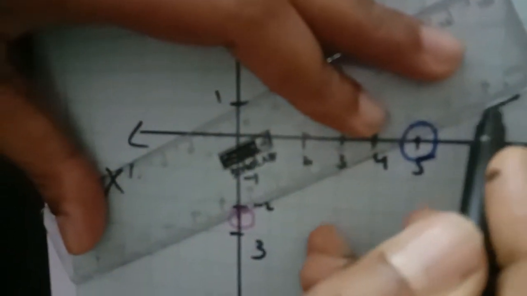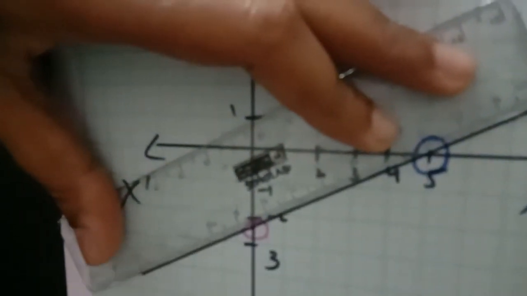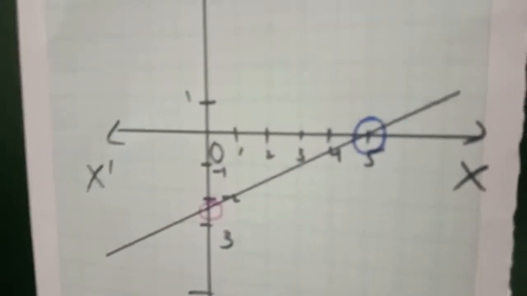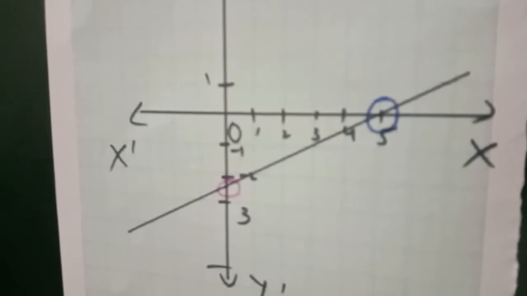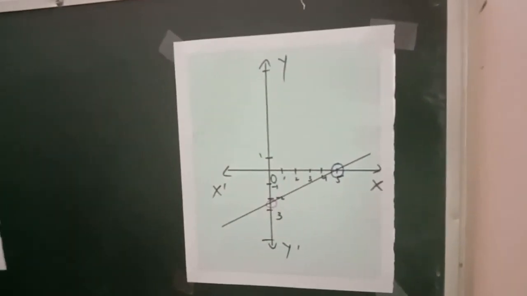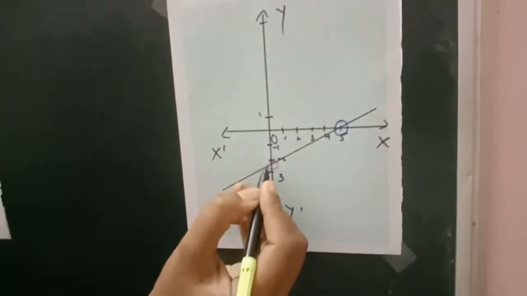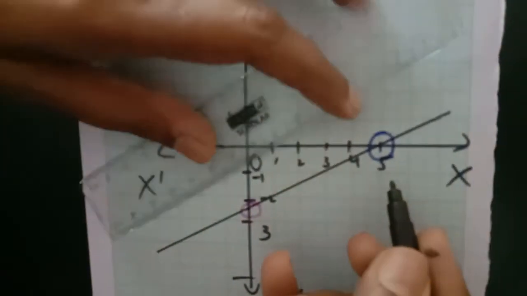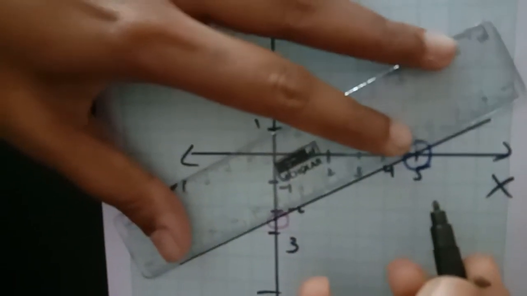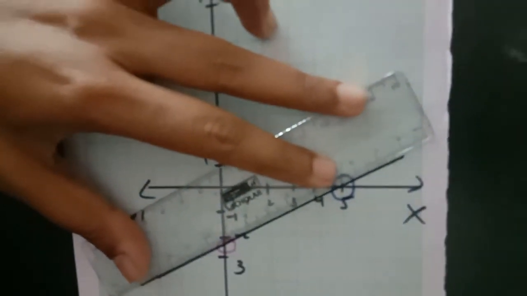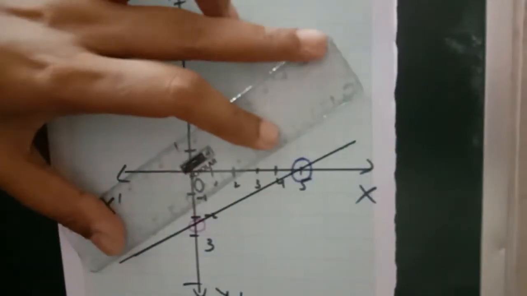You will always get a line when you draw the graph for a linear equation. Clear? How to draw the graph? Okay. Now, for the second equation also we have the same points only: (0, -2.5) and (5, 0). So again, if I join them, what am I doing? Again I am drawing one line which coincides with the first, which will be on this line only.